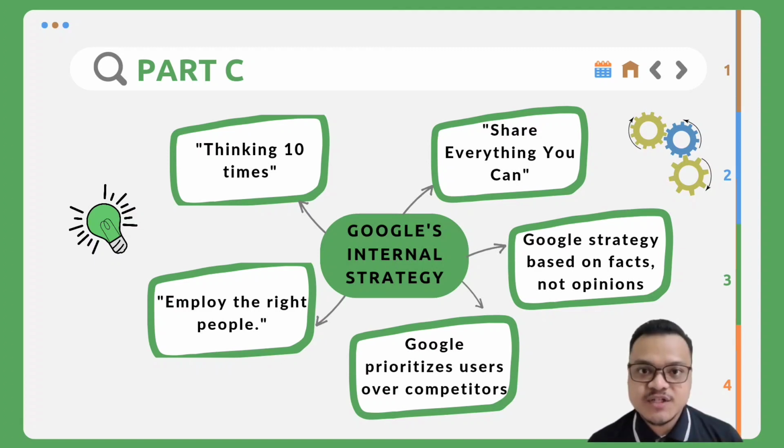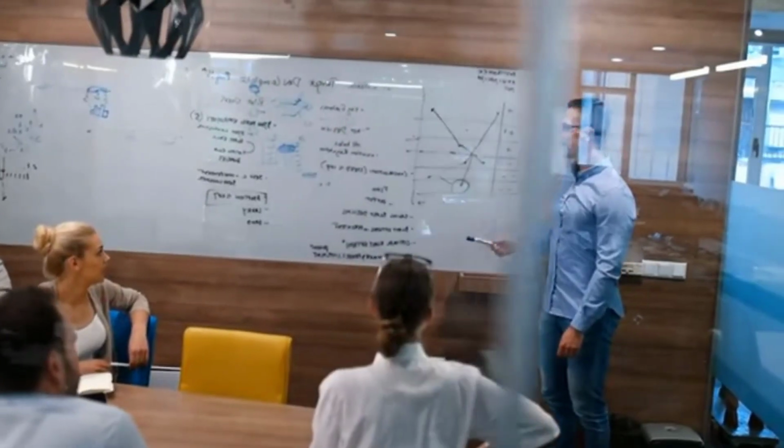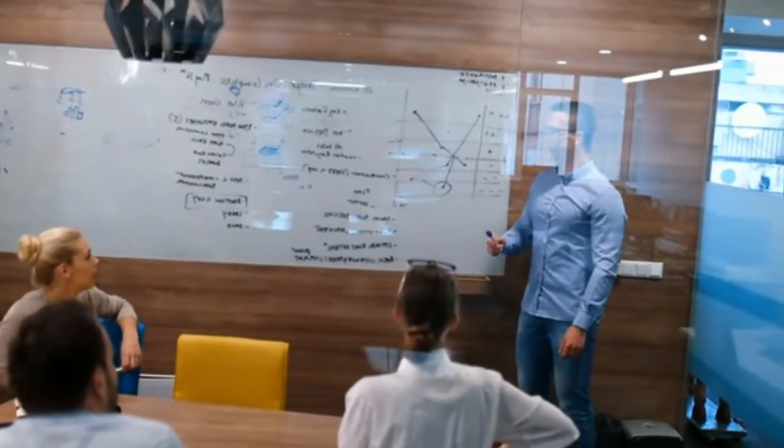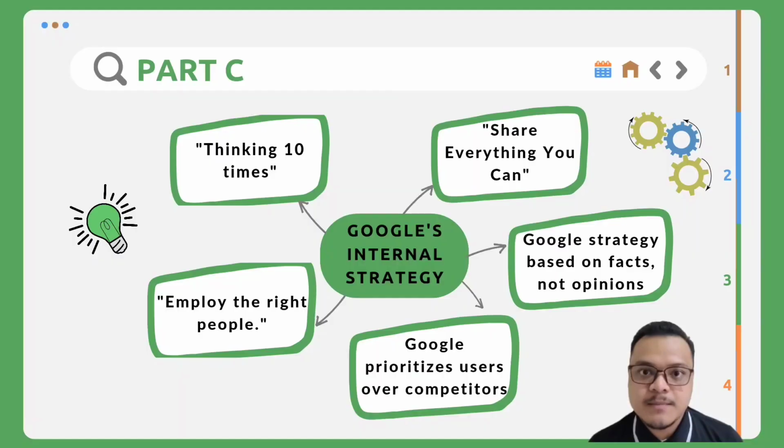The second internal strategy is sharing everything you can. This strategy will help the company foster high-level teamwork, which is the main purpose. Sharing information is important to Google because it values teamwork. TGIF, the company's weekly meeting, is an example of this strategy. At this meeting, the company executives meet at the HQ or via live streaming to discuss initiatives, investments, past activities,